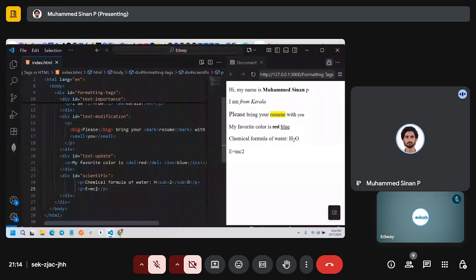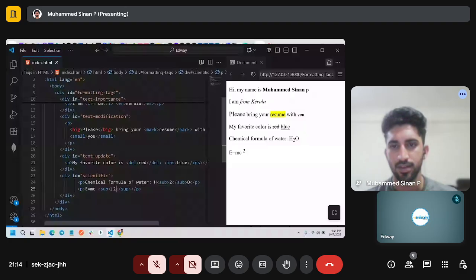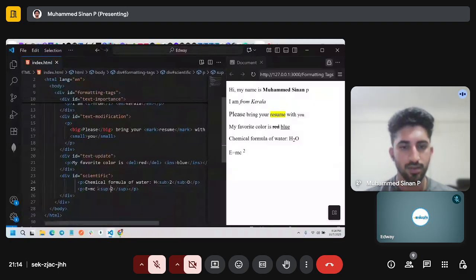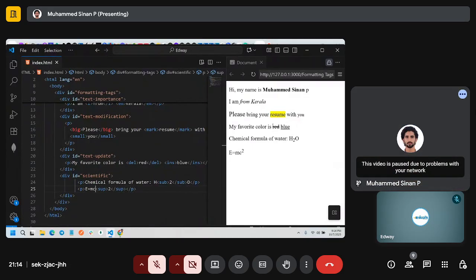So we can write sup and write this 2 inside. Now it shows E is equal to mc square. Are you getting me?